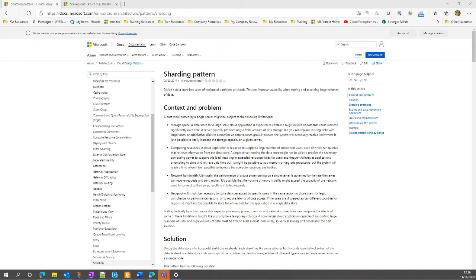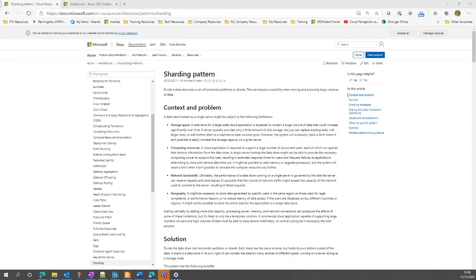So there are several strategies that you can have. Again, depending on how you want to break up your data, if you were a software as a service and you wanted to break up your data based on your customer, then customer ID would be a good shard key. Because you're not typically going to query across customers. You're only ever going to want customer data to be queried within its own context.